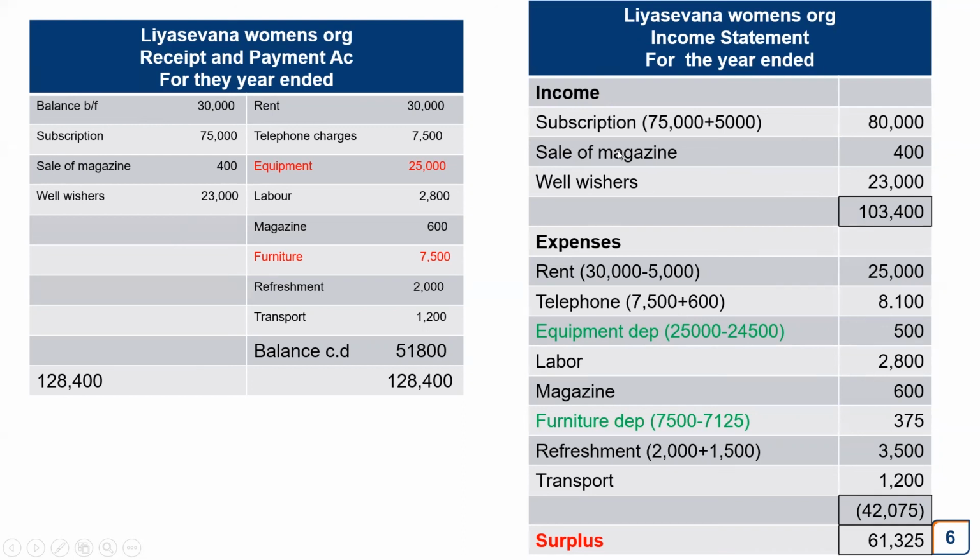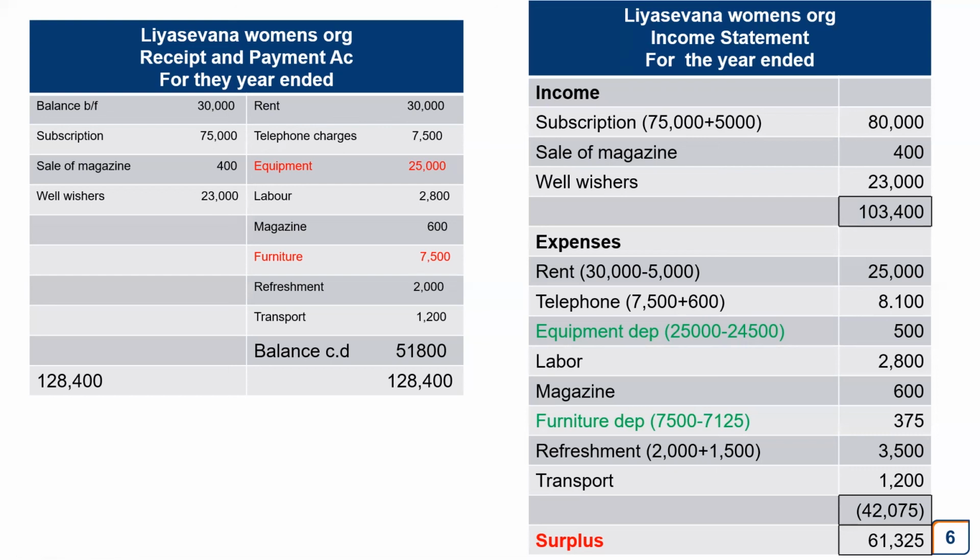So when we balance this, first we have to balance the receipt and payment account. This balance will be carried down to the next year, while the income statement, when the income minus expenses, will show us that a surplus or a deficit will be there. So there's one thing you have to remember. First thing, don't be afraid of non-profit organizations. It's just like making a cash book and a profit and loss account. The only difference is we call it receipt and payment account rather than cash book. And rather than calling it the profit and loss statement, we call it the income statement.